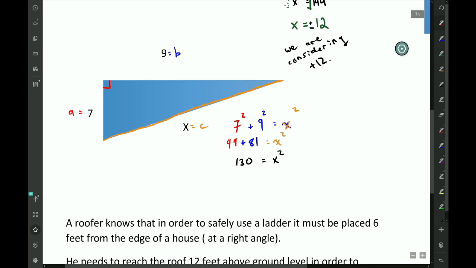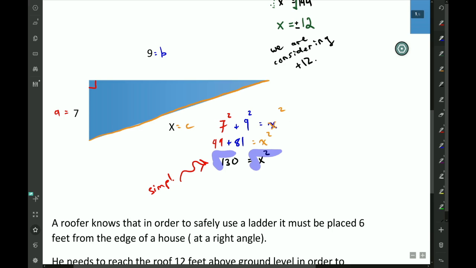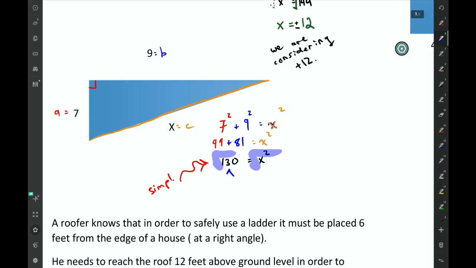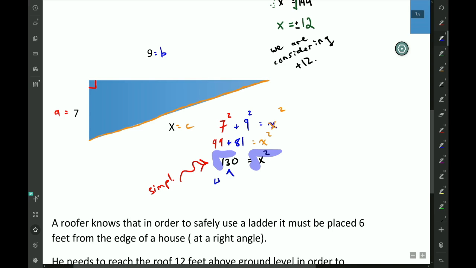Okay, now this is why we're doing this a little bit last. We need to simplify the square root. So we're going to, again, square root each side. And here you need to think, okay, what are perfect squares that go into 130? And actually, there are no perfect squares. So our answer is simply x equals the square root of 130, which is approximately,